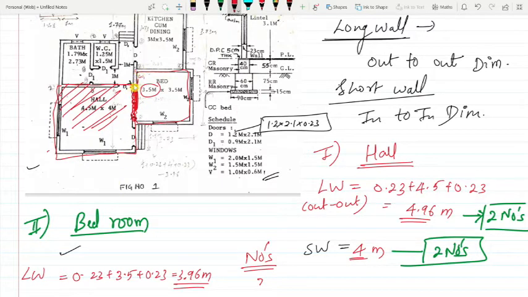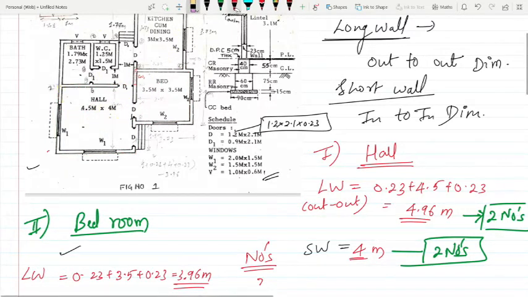Instead of that, we consider only this portion as our short wall. From where to where should we consider? I'll just clear this and tell you. The short wall will only span from here, only this much. That will be extra, no? But the long wall, at least this is one. A complete one we can take.